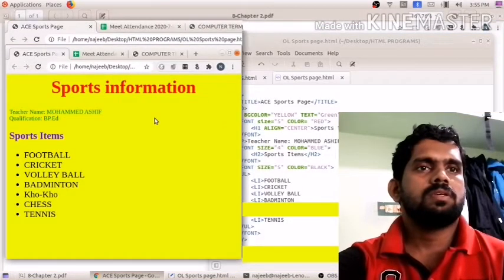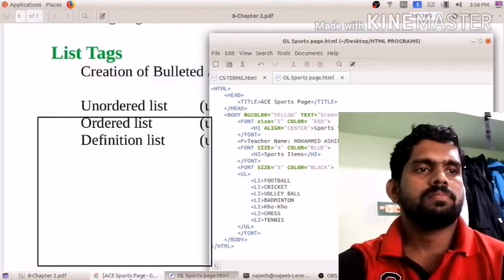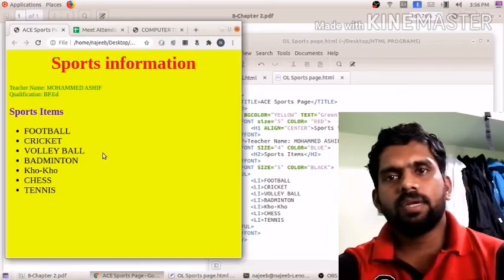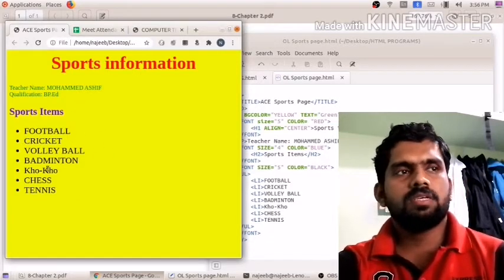Okay, this was our program. In the last class we created one unordered list. Here you can see the sports list, sports items.